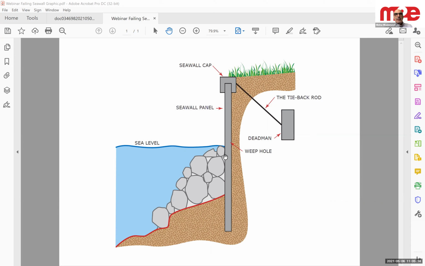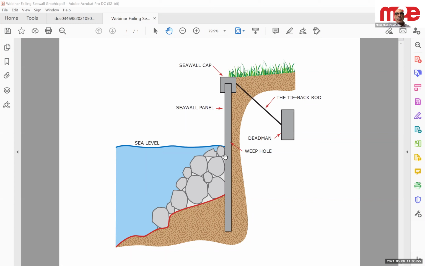The seawall panel is either made out of concrete or sometimes out of steel, and it is essentially the vertical component of the seawall. The seawall has a cap, which is typically done out of concrete, which is wide enough that you can actually walk on it. And that seawall cap is anchored back with a tie-back rod to what is called a dead man, which is essentially a belt and suspender structural component that prevents the seawall from tilting if exposed to the pressure of an